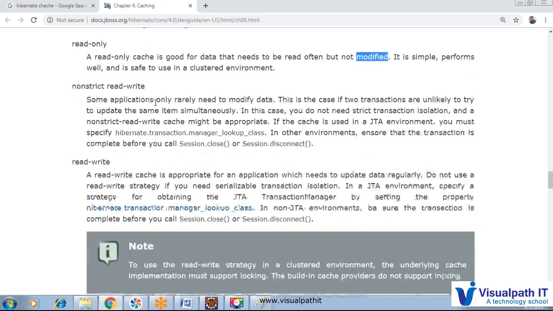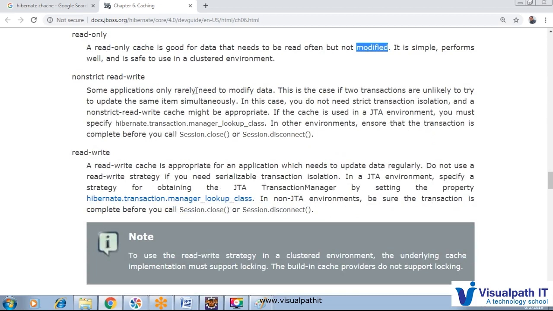Non-strict read write: some applications only rarely need to modify the data. This is the case where two transactions are unlikely to try to update the same item simultaneously. In this case it does not need strict transaction isolation, and a non-strict read write cache might be appropriate.